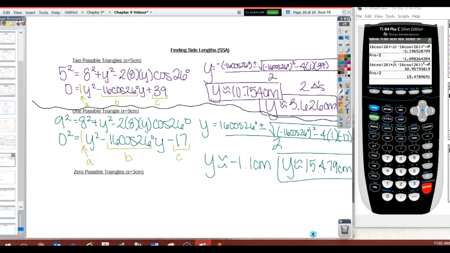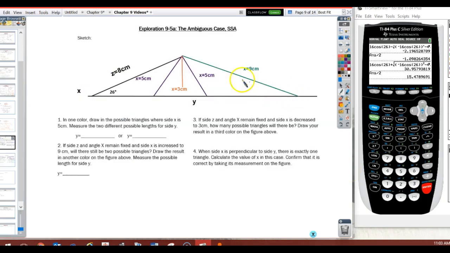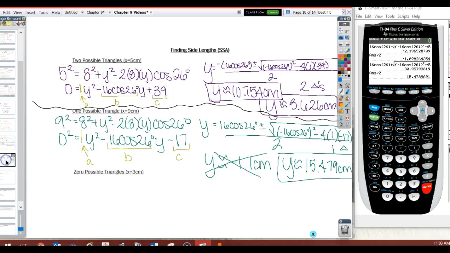Now if you look at both of these, one makes sense. Clearly the 15.479. This answer is negative, doesn't make sense in this context. So we're going to reject this answer. This is a way to prove that there is only one possible triangle. There's only one length for y that makes sense. And if you look back at our diagram, when x was 9 centimeters, y was pretty large, so 15 seems like a reasonable answer. The last possible case is that we have 0 triangles,